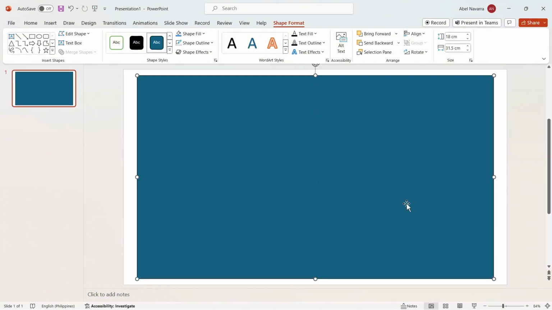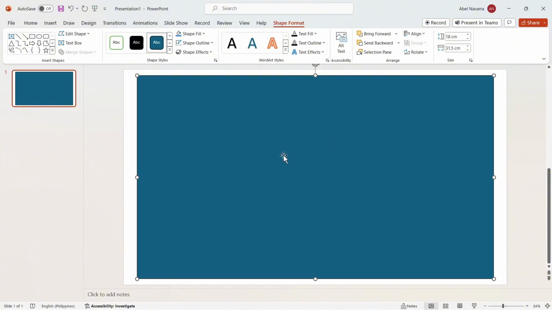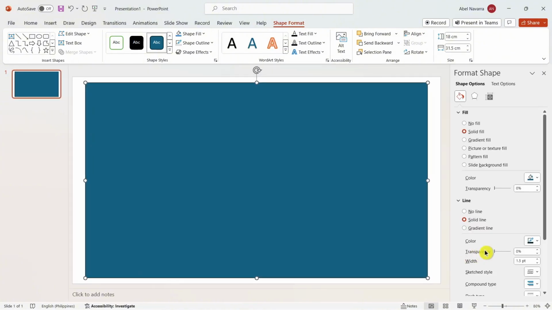Okay, so once done, make sure that you align this one. Go to the align section under shape format and then select align center and align middle. Next, right click on this rectangle shape, then go to format shape, and then here go to fill and